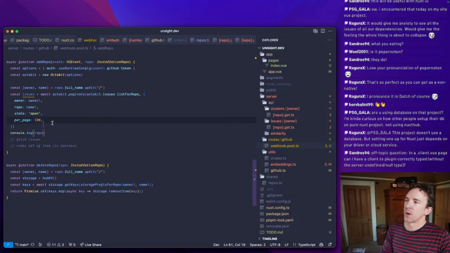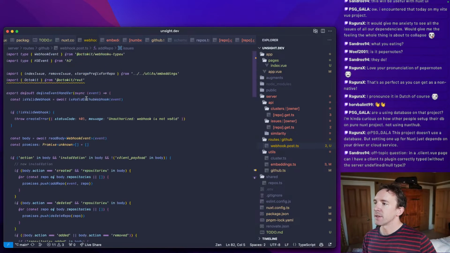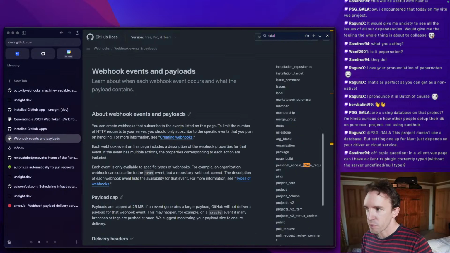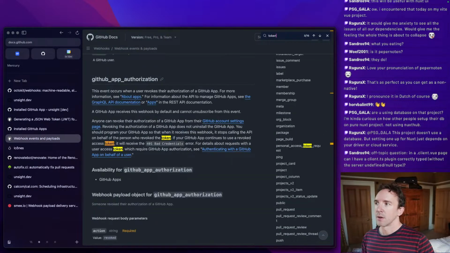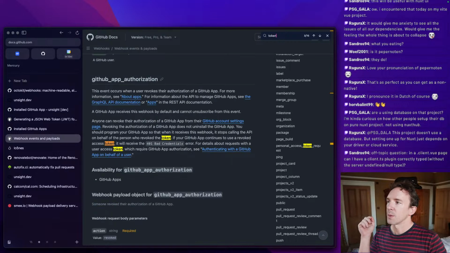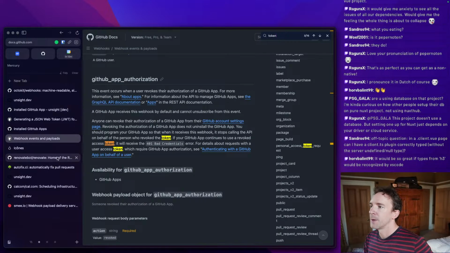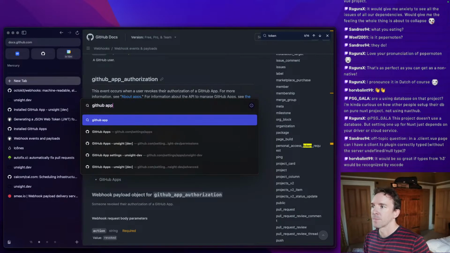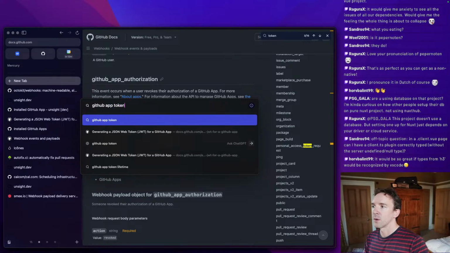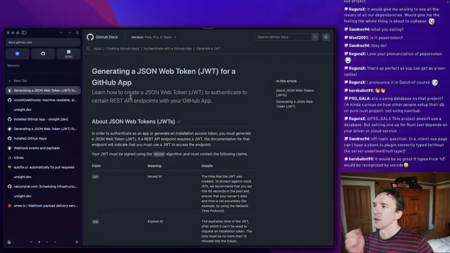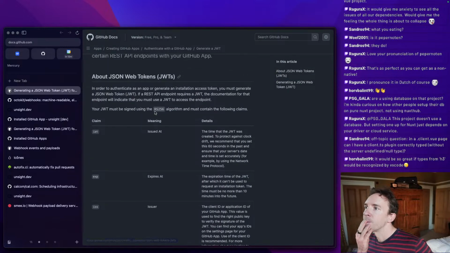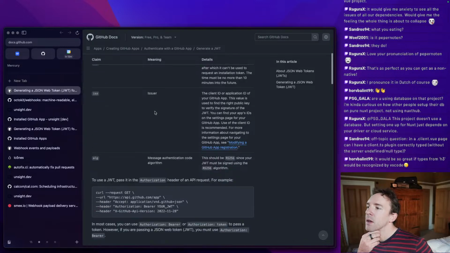Okay, let's see. First of all, is there a way we can get access to a GitHub token in here, or create a token from the app? Okay, so that's what we want to be able to do. We have a GitHub app, and we want to generate the token, and grab the